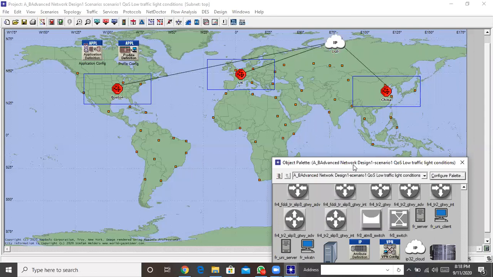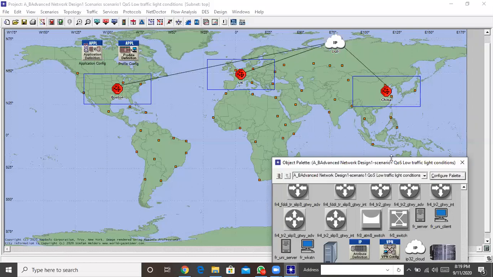There's database, there's email, there's print, there's HTTP, there's also FTP, isn't it? Yes. Okay. So when you look at this scenario, it's quality of service, low traffic light conditions. So whatever, anyway, before we get there,